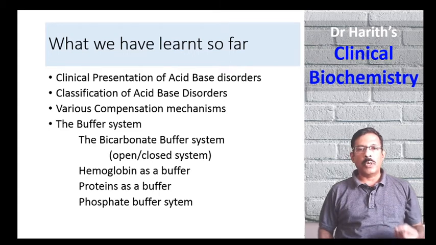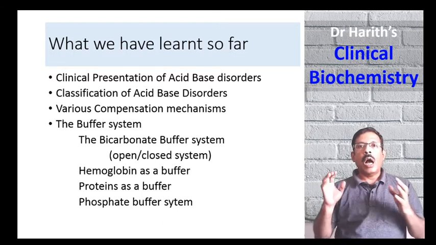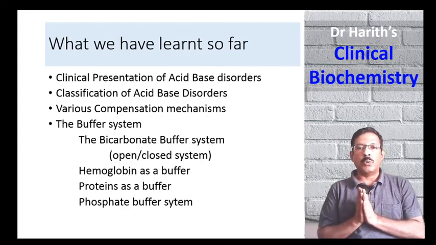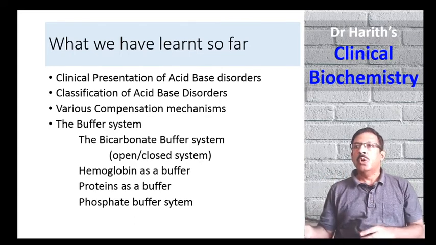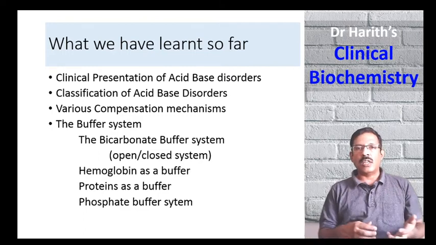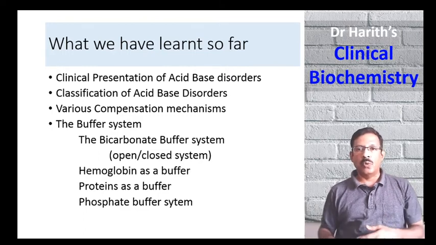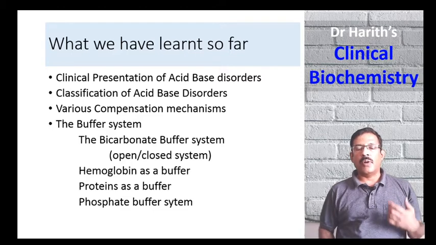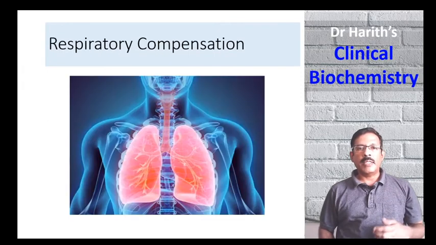We discussed how proteins exert their buffering potential in the blood, and then we went on to discuss how hemoglobin as a molecule helps in buffering the blood pH. We discussed the concepts of Bohr's effect, Haldane's effect, isohydric and chloride shifts, and how it works beautifully in transporting carbon dioxide from the peripheral tissue to the lungs for excretion, and how oxygen is transferred from the lungs to the peripheral tissue for metabolism. In case you have not gone through that, I request you to go to my previous videos. Armed with the knowledge of how the blood buffer systems work, in the present lecture we'll